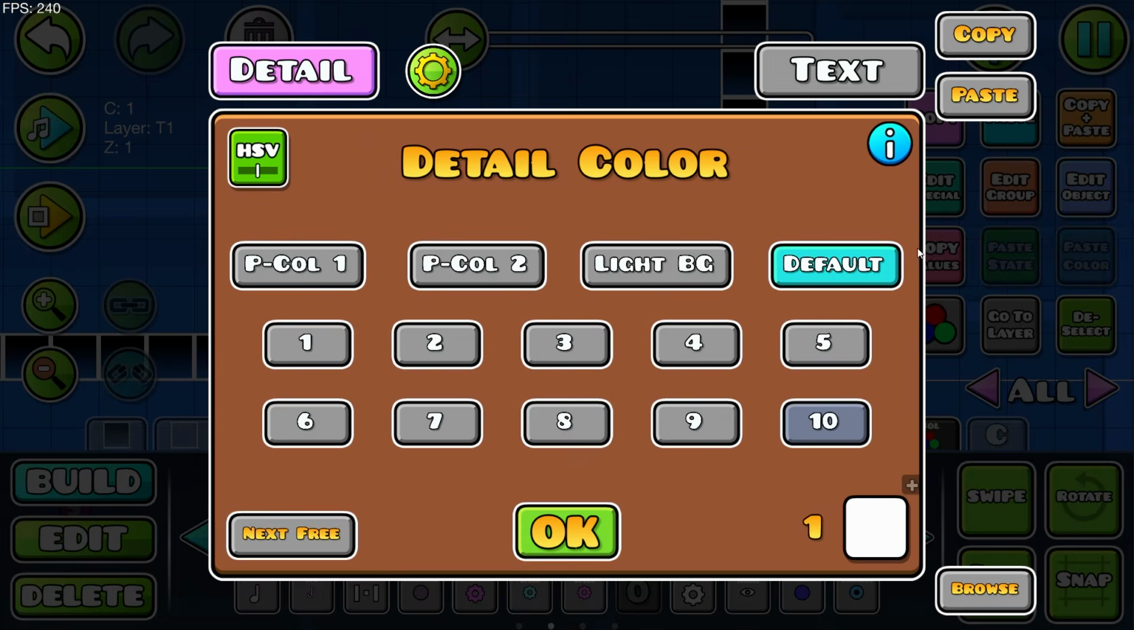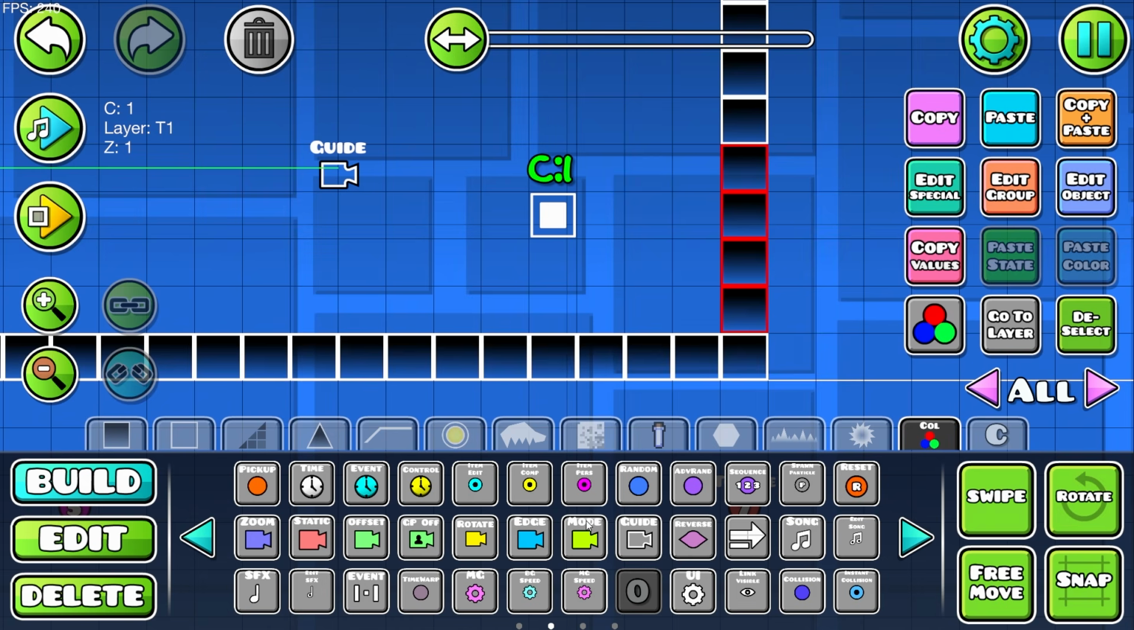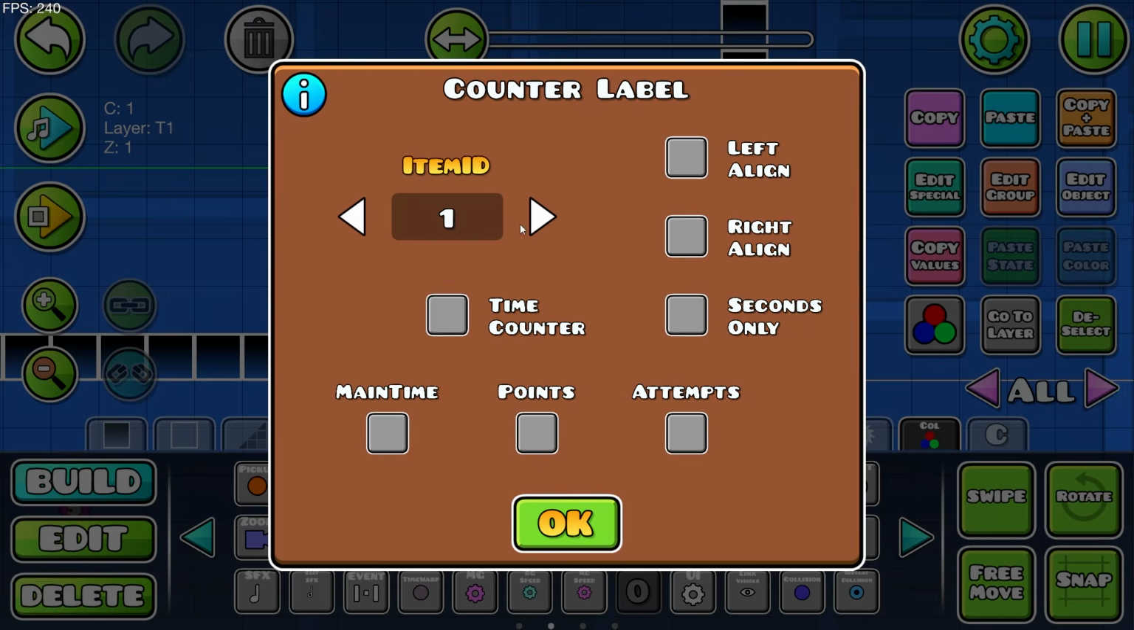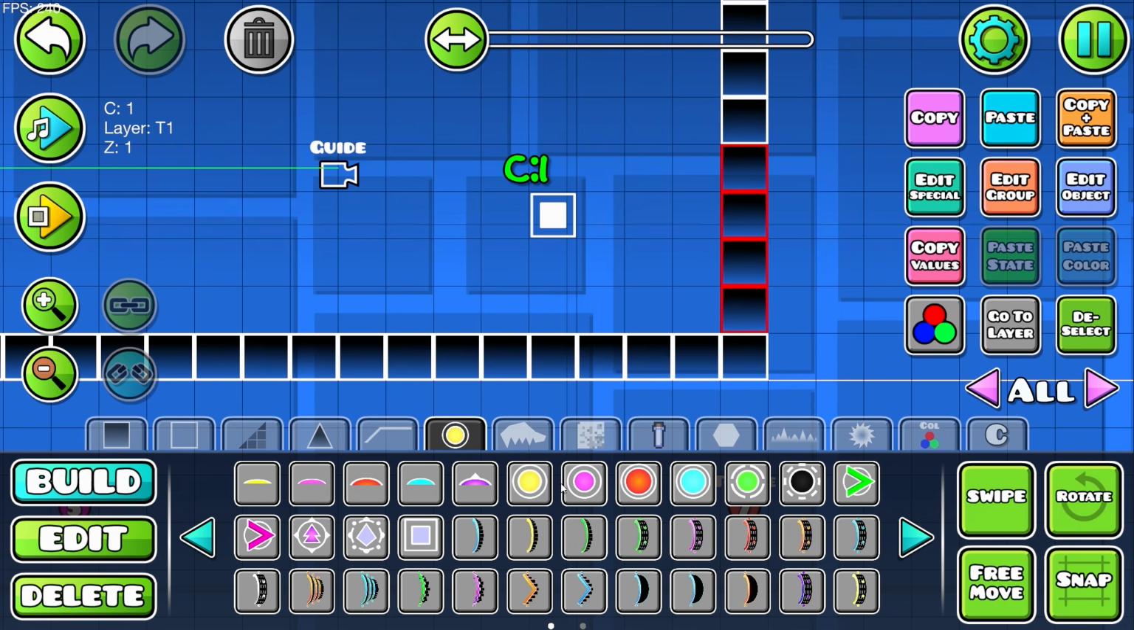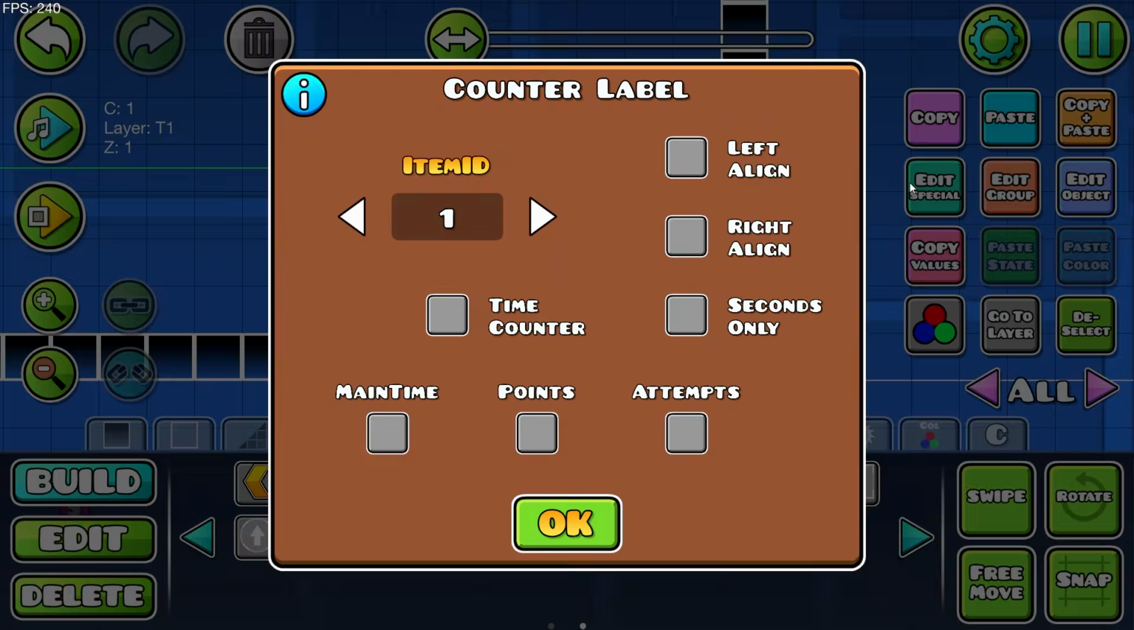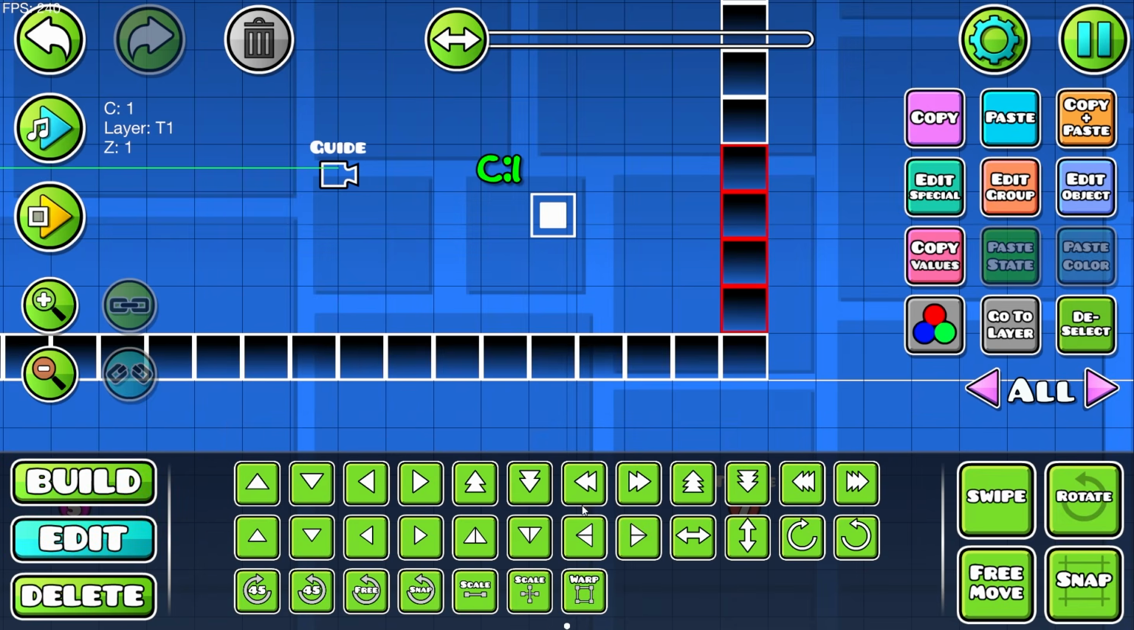I don't know why the font is like that, but we're going to do 1. So by adding this, edit special, giving it 1. So this is the clicks that you have done. And I'm going to move it to the left and I'm going to make it right align so that this